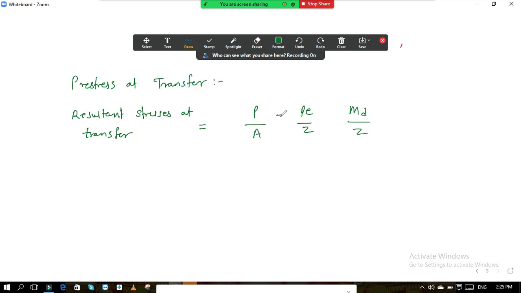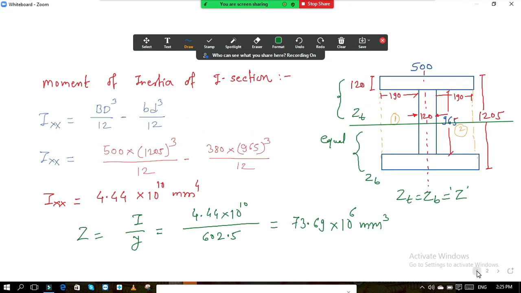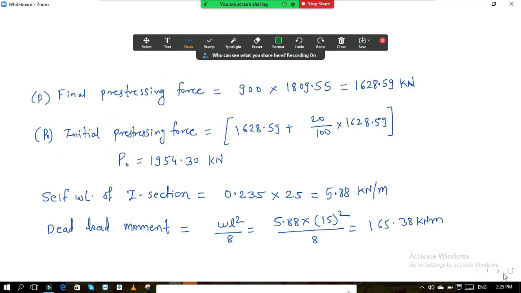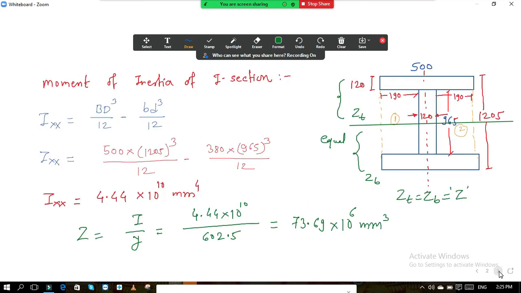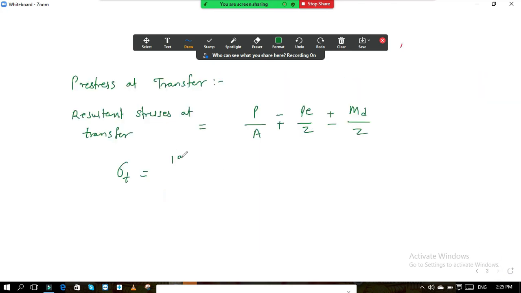So this is minus plus. This is plus minus. Okay. So stress at top, sigma T, is equal to P by A. What was the prestressing force? We have calculated the initial prestressing force 1954.30. So it is 1954.30 into 10 raised to 3, it is in kilonewton, divided by